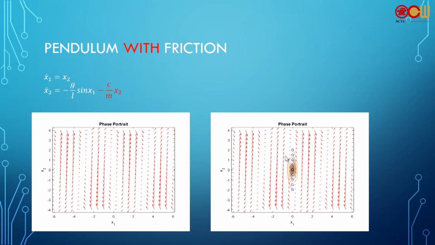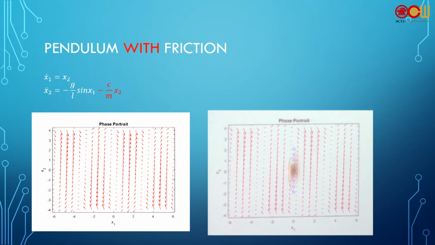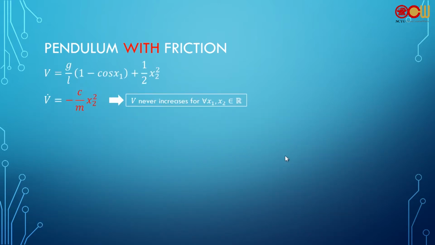By observation, you can plot the phase portrait of this dynamics, which shows that it will converge to the equilibrium point 0, 0 as t goes to infinity. Although there are multiple equilibrium points, 1, 2, 3. Okay, what's missing from here? Based on only these two equations, we know that V will never increase for any x1, x2 because V dot is always negative, or 0 if x2 is 0. So V dot is either negative or 0, never greater than 0.